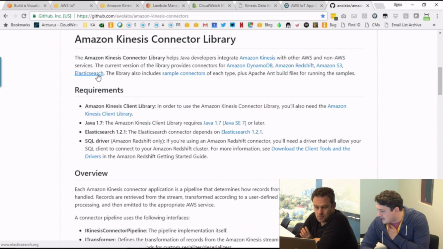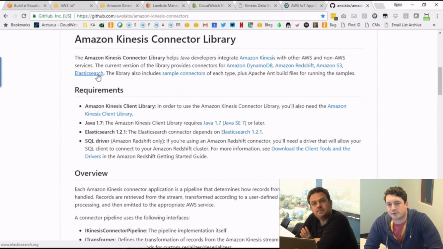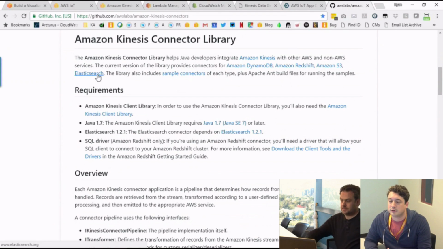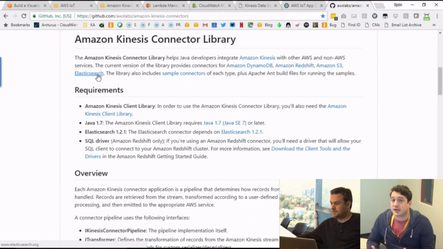Dynamo Steve asks, can I run different Lambda functions based on the partition key in a Kinesis stream? When you assign a Lambda function to a Kinesis stream, each stream has a set of partitions called shards, and a Lambda function is invoked continuously on a shard. A partition key in a Kinesis stream, when you write data to a stream, is a key that you can use to route data to particular shards.